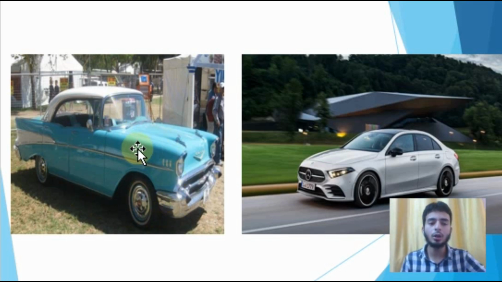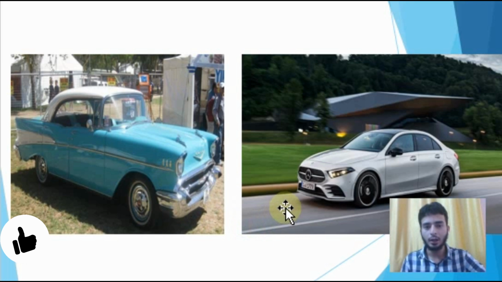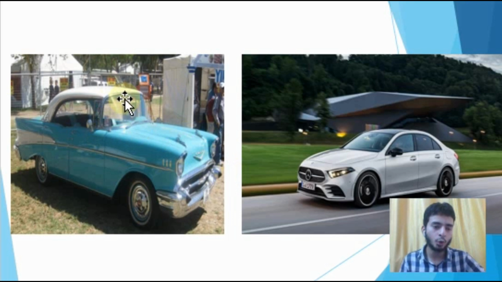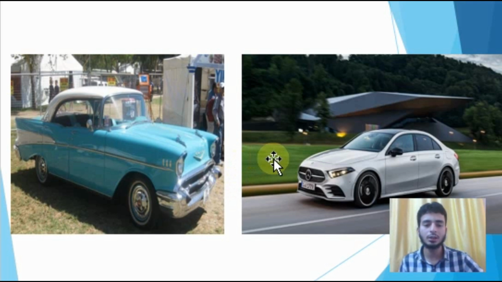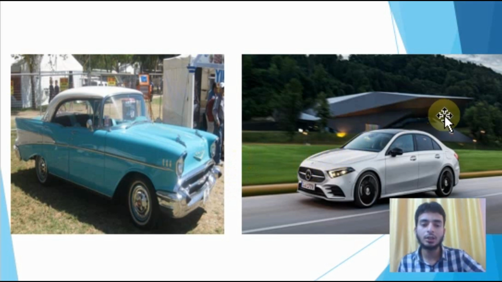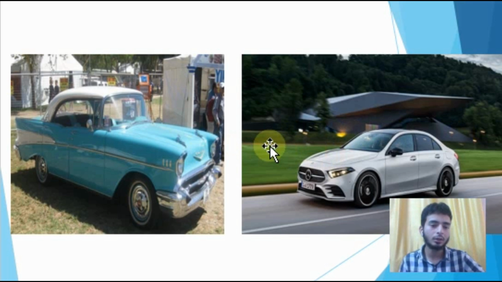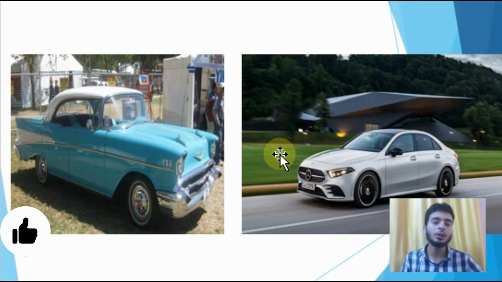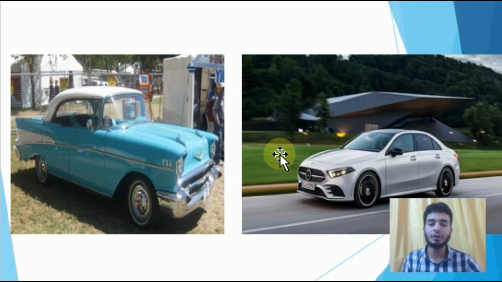This is the model of olden days car and this is the model of modern day cars. You can see that when the car is moving, the direction of the air is suddenly changed here, and here also the direction of the air is suddenly changed. Here in this case the direction of air flowing past this car is gradually changed. This change in model came from the advancement of CFD, thereby reducing the fuel consumption and increasing the efficiency of the engine.